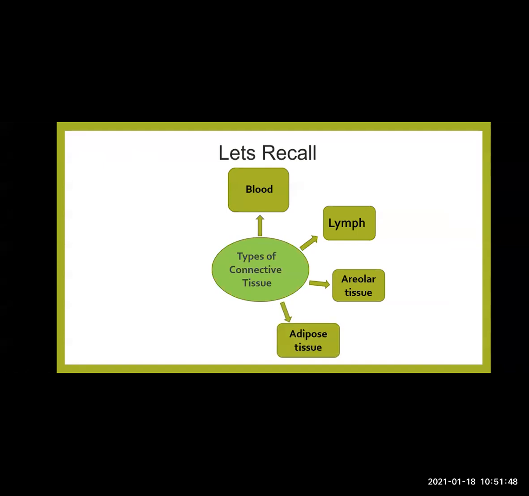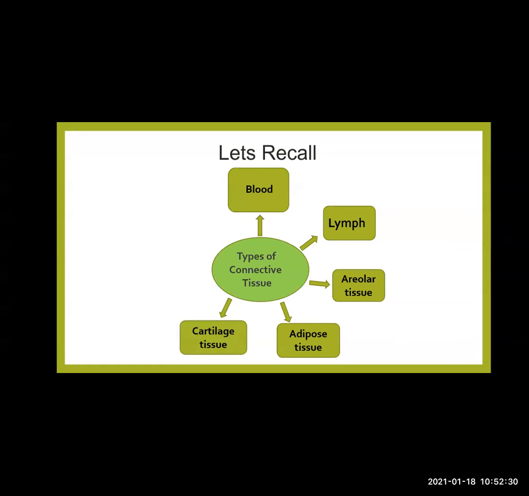Next is adipose tissue. It is also known as fatty tissue that is deposited in different parts of our body. It is basically present below the skin and around the vital organs like the heart. It serves as a storage for the fats, because of which the layer of fats is formed below the skin. It functions as an insulator as well as storage of fats and a rich source of energy for a longer period of time.